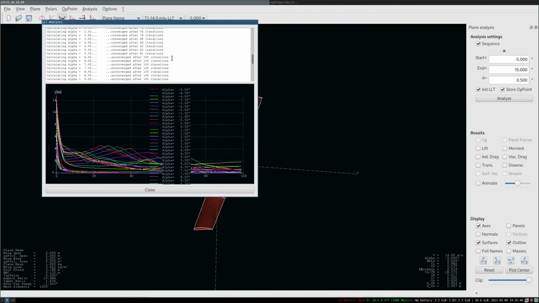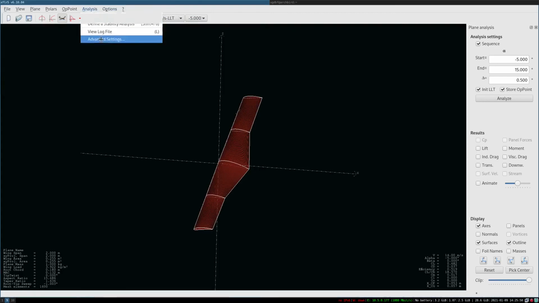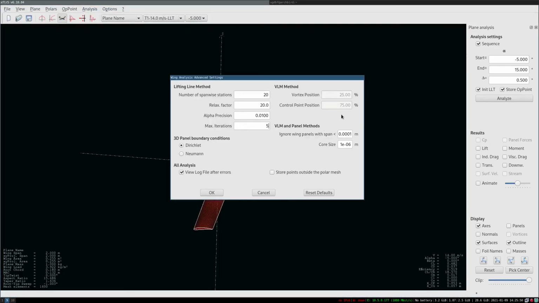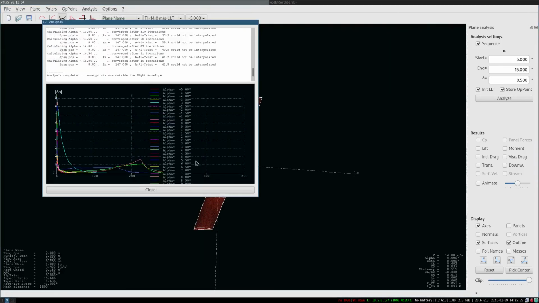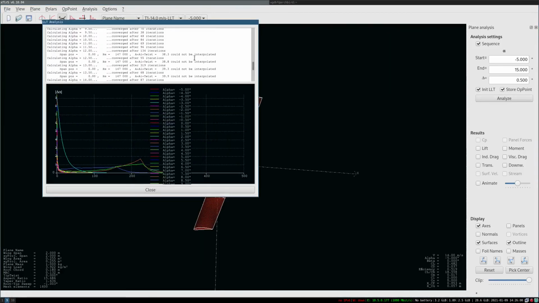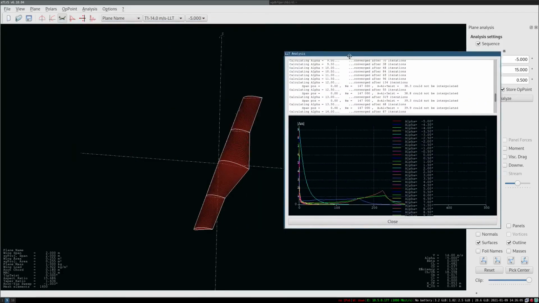You'll see here there are a number of angles of attack where it is unconverged. The reason it is unconverged is that we haven't reached the convergence criteria within the 100 iterations. We can easily expand this by going into advanced settings and saying, hey, we want, for example, 500 iterations. With a number of panels here, this is actually quite fast on a modern machine. And it'll actually tell you here that it hasn't converged because at certain angles of attack, for example, I think where we put the 15 degrees,